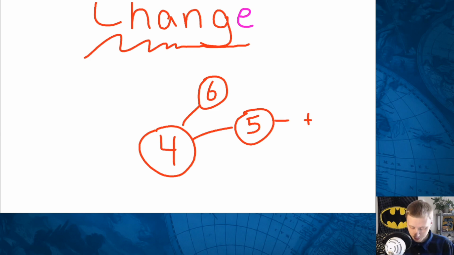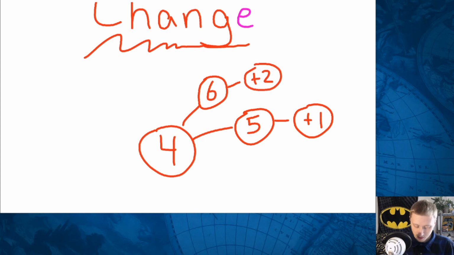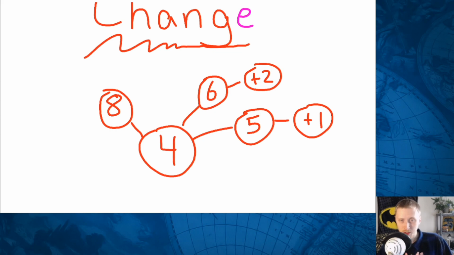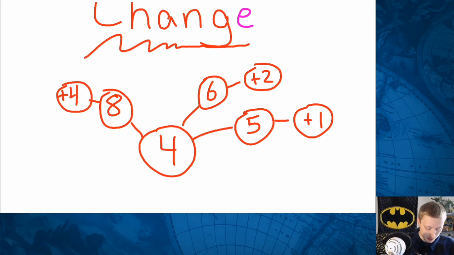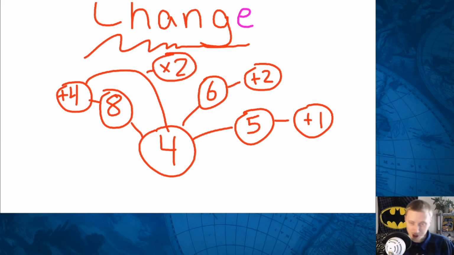Well, this was a +1, right? And then to get to 6, that was a +2, right? And then there's other scenarios where suddenly the 4 becomes an 8. And we're like, oh my gosh, what happened there? That's a drastic change. You could think of that as, well, we've added 4, but since that 4 is the same as this 4, we're really going to say this is a times 2, right? And we start to think about these things a little bit differently, okay?